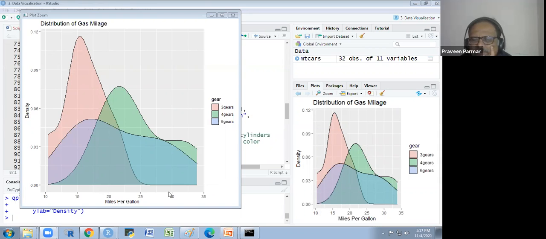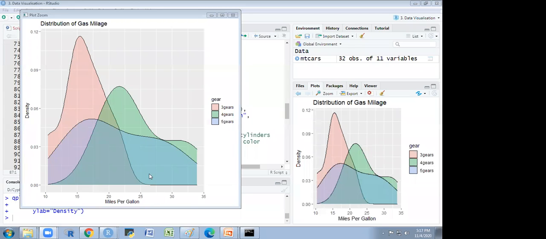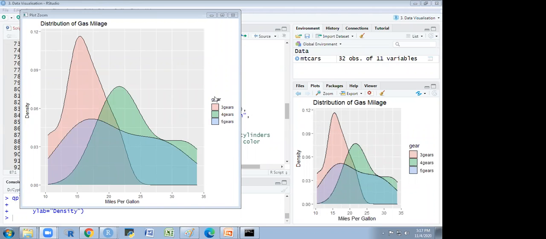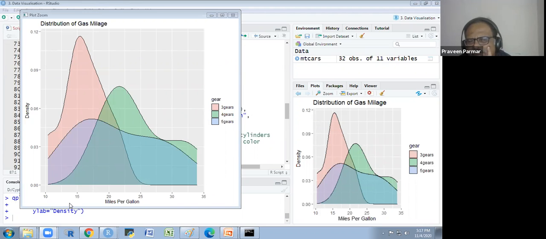Okay. For 3 gears, the density of the mileage for the 3 gears, we are getting in this way. This is the density. Like if I avoid this categorical, just I consider the numerical, would it make sense? And similarly, I can make graph. No. Then the both side we could not put that numerical in the x and the y axis. We are just using one variable, miles per gallon. This is the density on the y axis. There is no other variable. It is just the density.